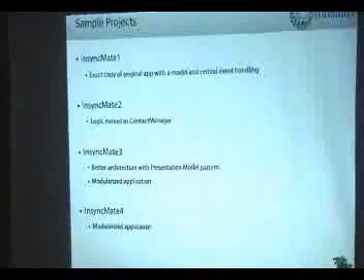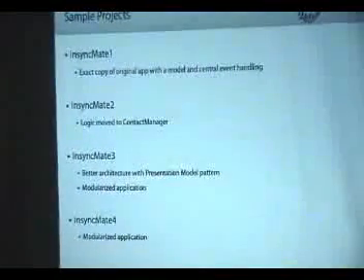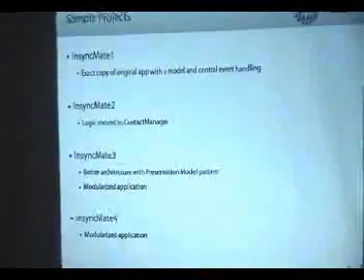Also, we introduce the modularized application here. And in the fourth one, we have the same thing, but we modularize using the IOC container, instead of modularizing by just loading the SWF, we are going to do it by